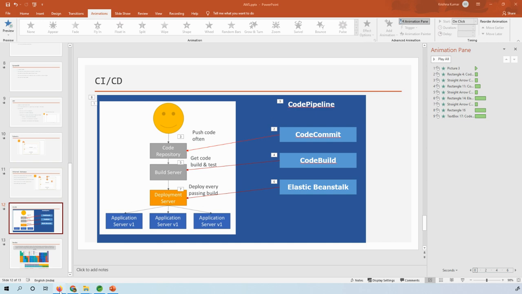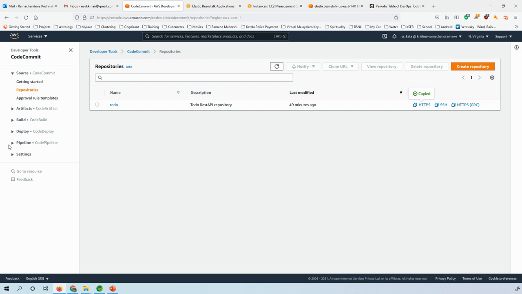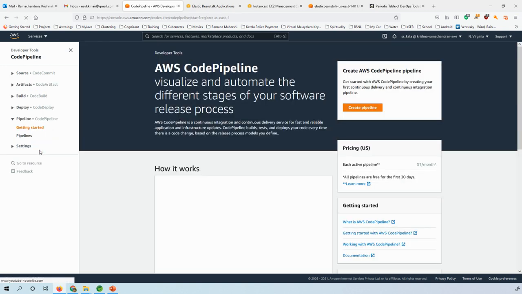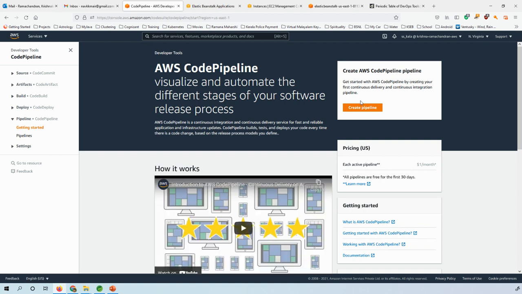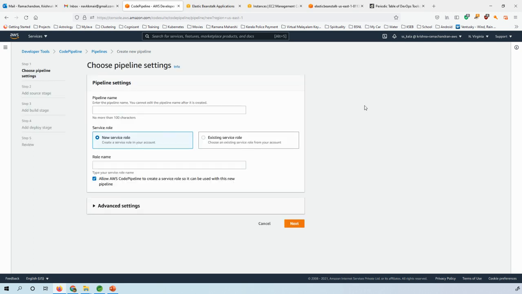So let us go to the code pipeline. Here you can see there is a code pipeline. So we will start from there. Create pipeline. And then what exactly is the name of the pipeline you want to give? So I will give todo